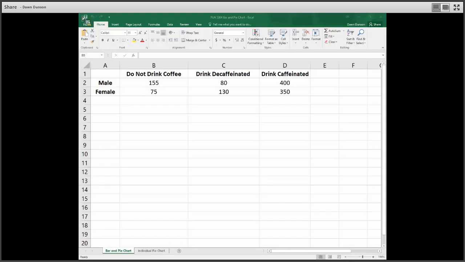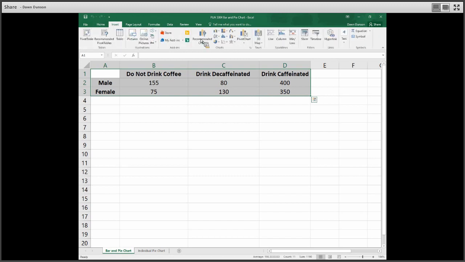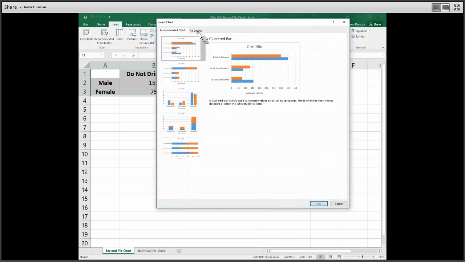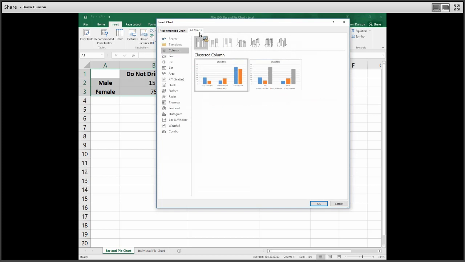In this recording, I will show you how to create a bar and a pie chart. Once you have your information in Excel, you're going to go ahead and highlight it. After you highlight your information, go to Insert, go to Recommended Charts, All Charts, and we're going to go ahead